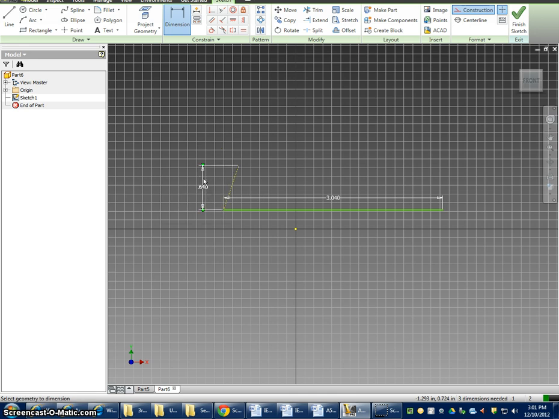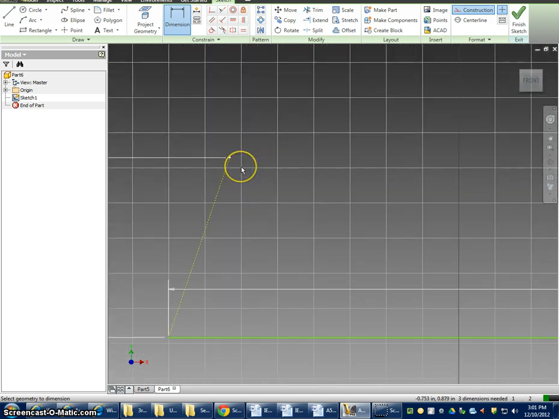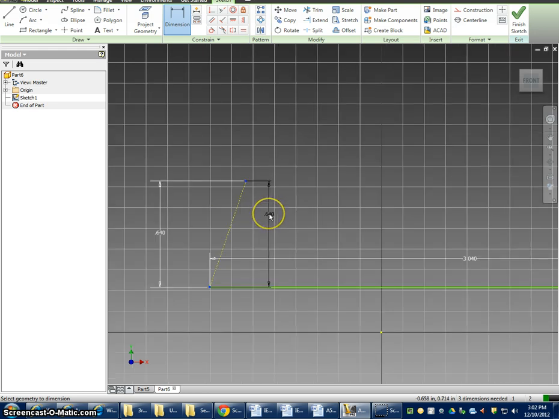Okay, and you just saw that I could dimension it in a vertical sense, but I'm going to show you one more thing, in the event that it comes in handy later. I can pick the endpoints of the line, and notice if I do this, I get that same 0.64. Instead of going sideways, I'm going to go up. And instead of saying the 0.03 that I know it to be, I'm going to put in the formula, because the bottom was measured at 3.040 and the top was measured at 3.010. So I can subtract those two numbers from each other,